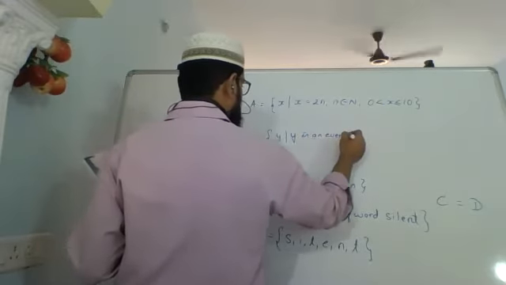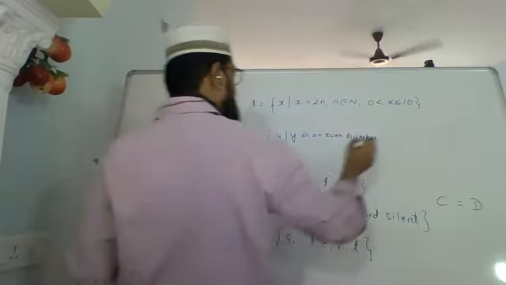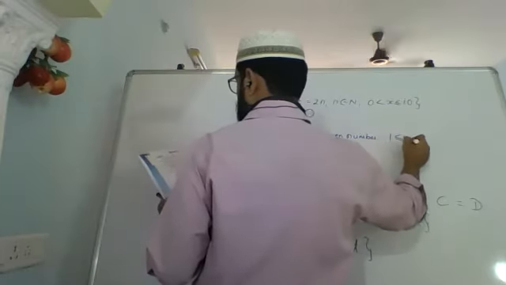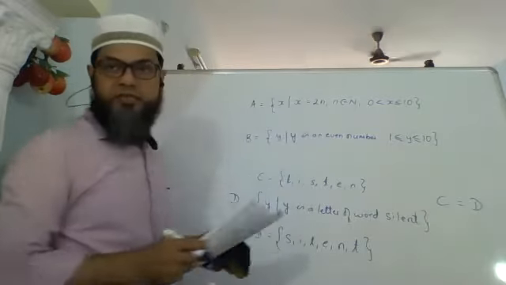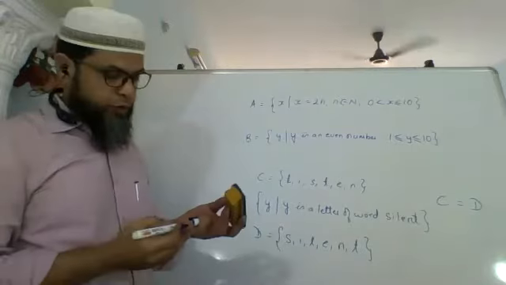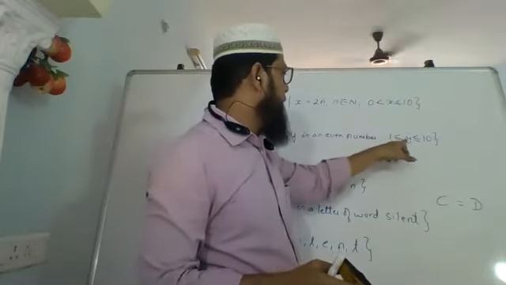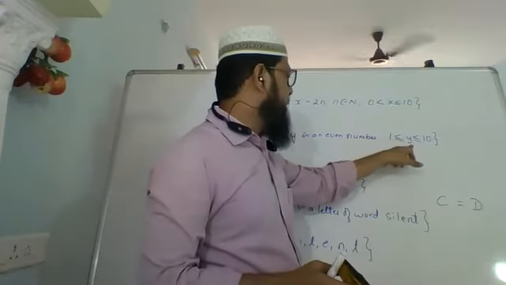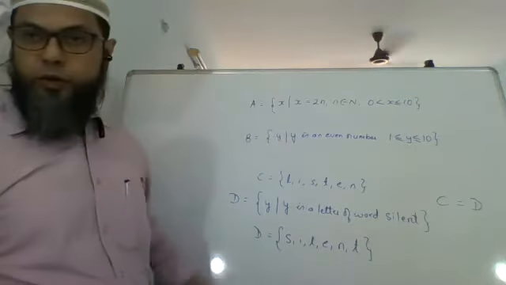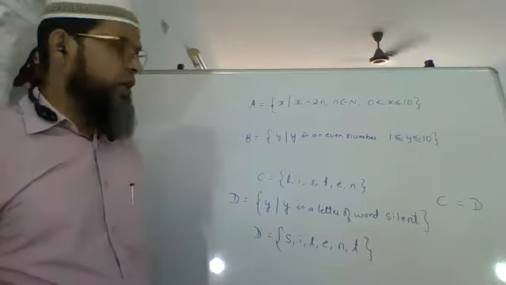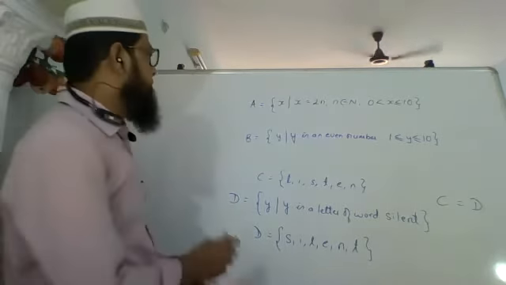Try this if you can, otherwise I'll show you. We have to find out whether the sets are equal or not. Okay, that symbol, as I've said, represents less than or equal to. x less than or equal to 10, 1 less than or equal to y less than or equal to 10. That is what it says. Okay, so now first step to check whether they are equal or not, like this, difficult, but if we write it in the roster form or the list form, we will understand.